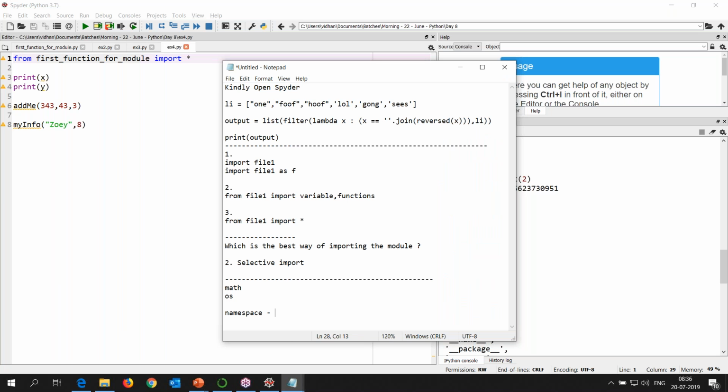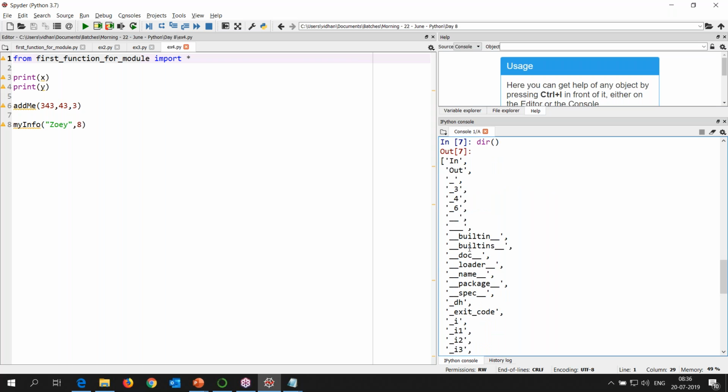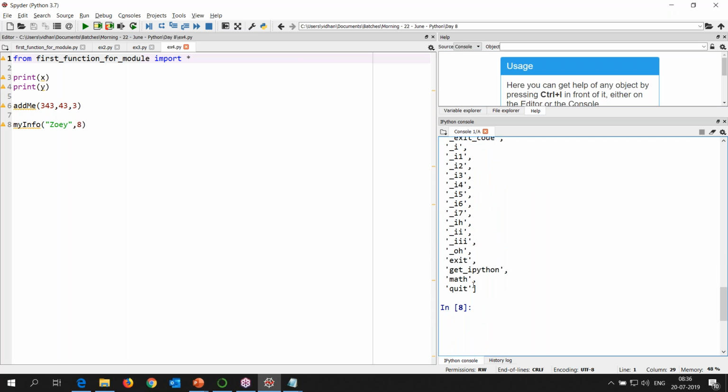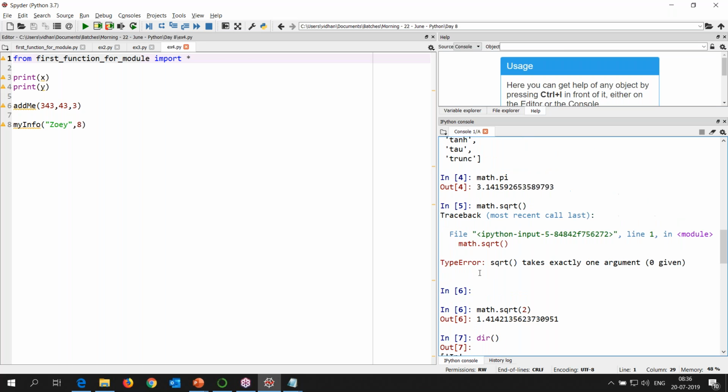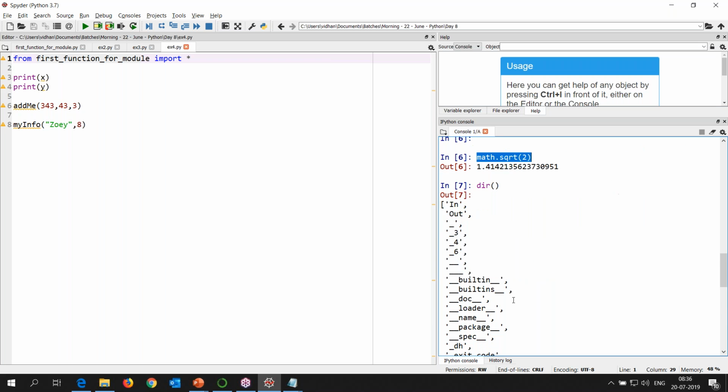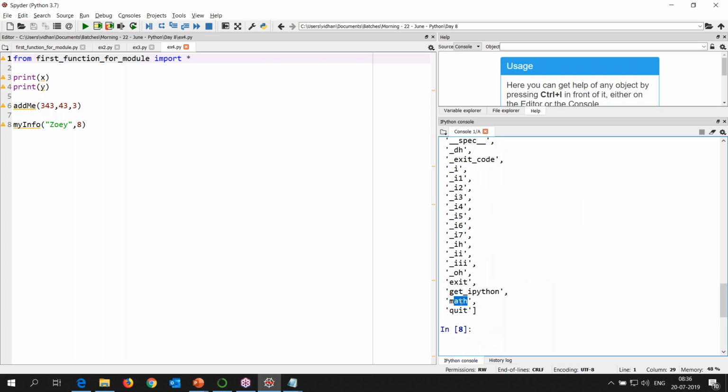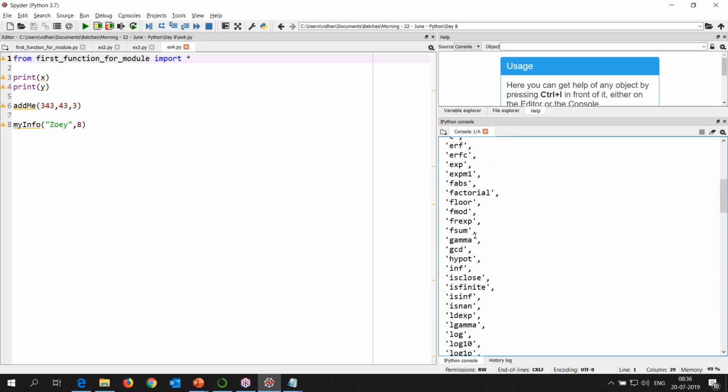It's basically my namespace. A namespace is basically the allocated memory space or memory area for all the files that you have used till now. Right? I have not used these ones. You see that we have used math, right? We only use math, right? So here, when I'm calling these things, there's no worry on that, right? And I'm not using anything here, right? When I'm importing math simply,